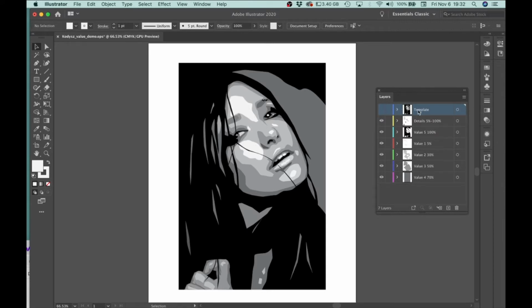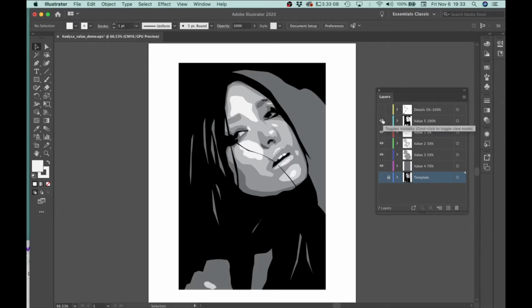The template image is the one that was used as a reference or guide to draw over, and that was placed first and locked. And the reason it's locked is so that we don't accidentally select it, move it, or draw on that layer. And then the next layer, let's hide all these, except for the